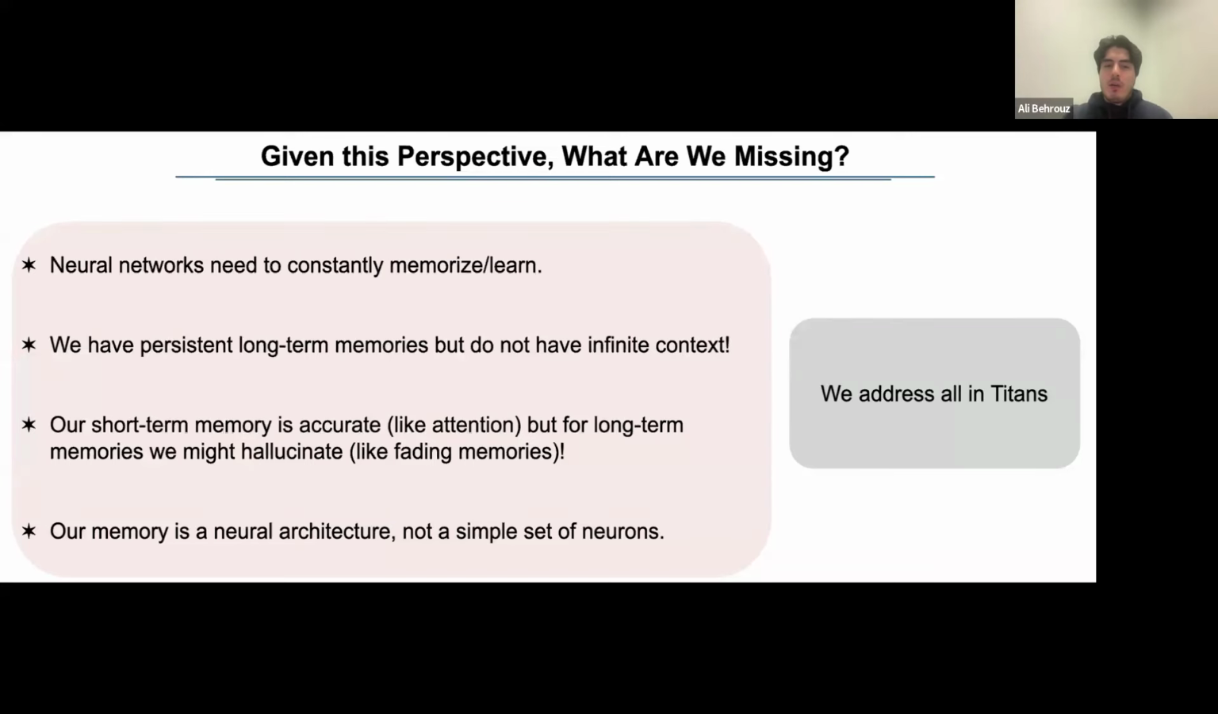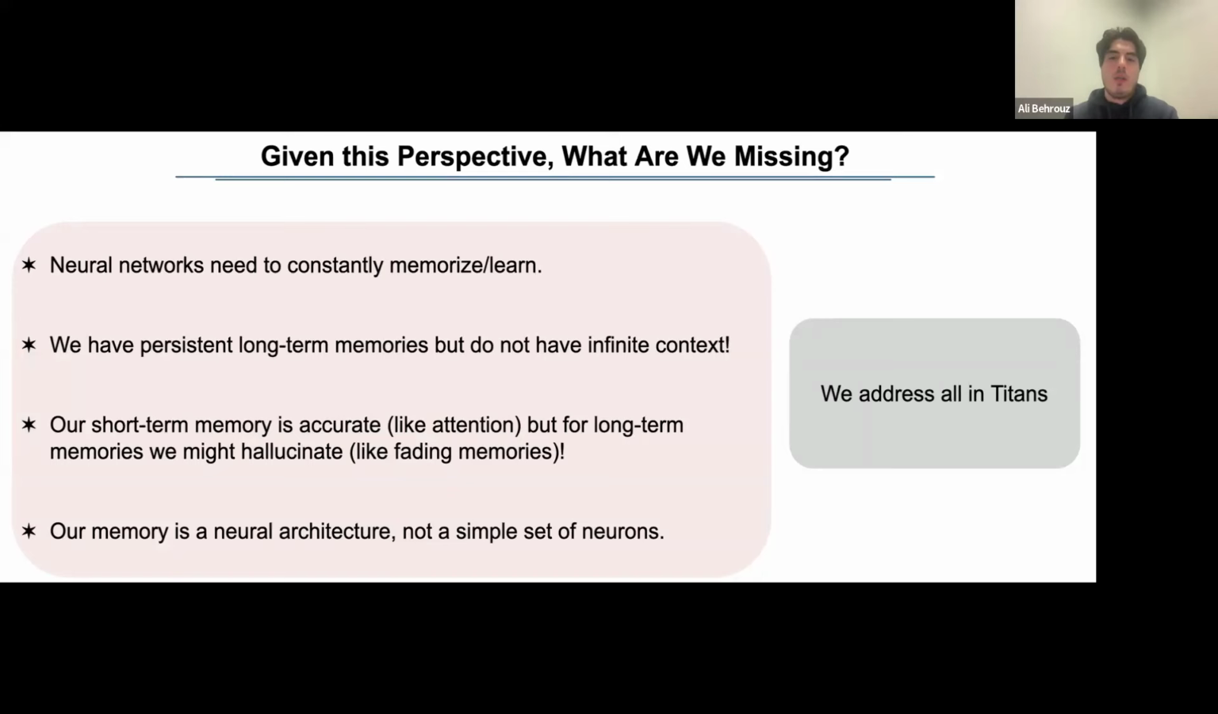And then if we look at our long-term memories, we can see that we might hallucinate about some of the details, we might hallucinate about what has happened in the past. Basically all of them are fading memories. That's because our long-term memory is a constant or fixed size memory. And we need good memory management to handle incoming data. It can help us have long-term memories, but at the cost of forgetting some of the information. So that's very similar to how